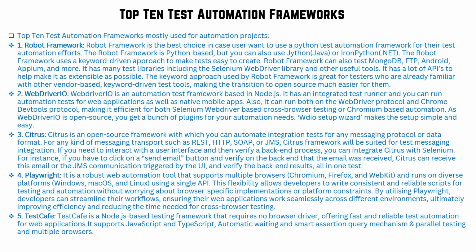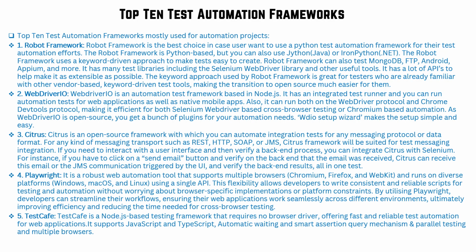The next one is Citrus. Especially in case you want to deal with SOAP-based or REST-based APIs, then you can use Citrus. So this is the most powerful tool, primarily for the API-related part. Citrus is an open source framework with which the user can automate integration tests for any messaging protocol or data format. For any kind of messaging transport like REST, HTTP, SOAP, or JMS, the Citrus framework will be suited for testing messaging